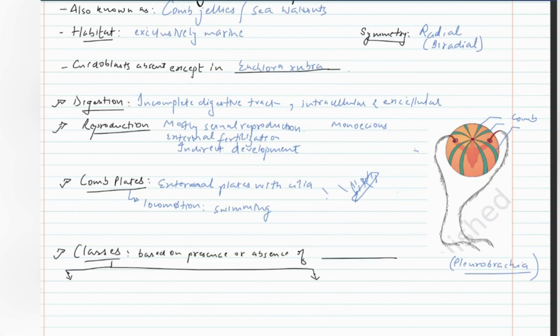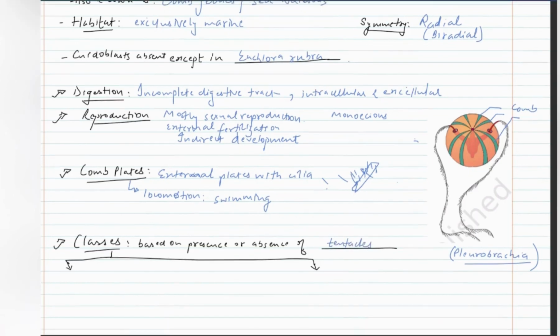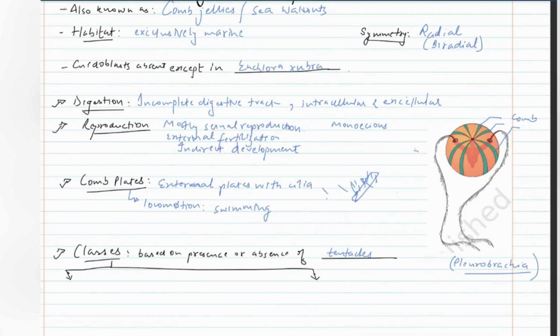Now, based on the presence or absence of tentacles, phylum Ctenophora is divided into two classes, namely Tentaculata and Nuda. In Tentaculata, tentacles are present, and in Nuda, tentacles are absent. In Tentaculata, we have examples such as Pleurobrachia,